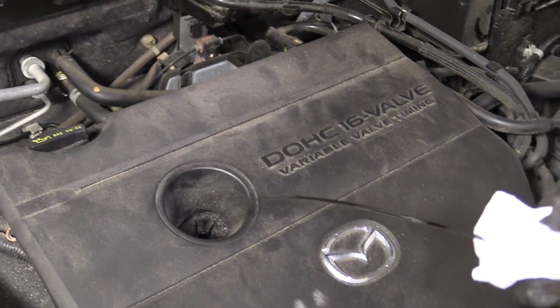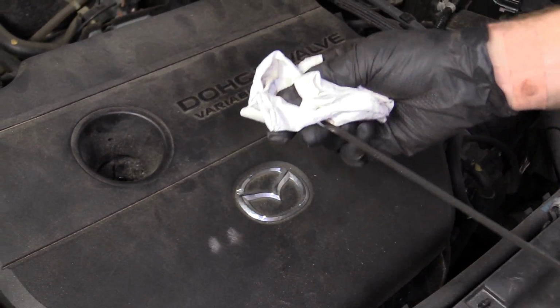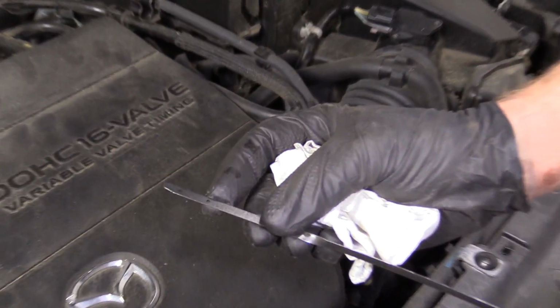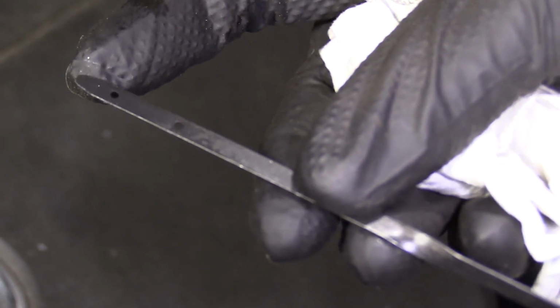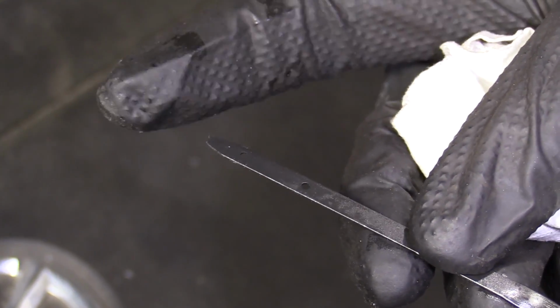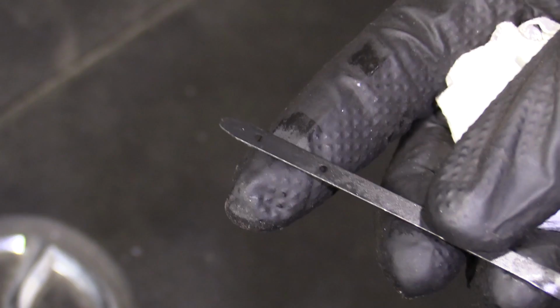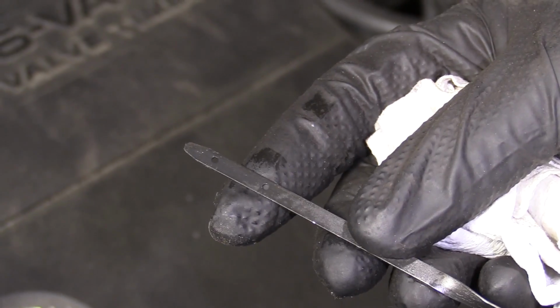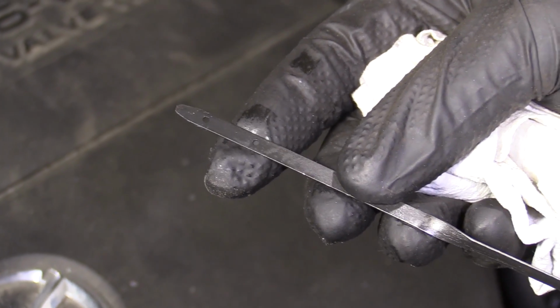Assuming you are, you're going to take this out. We're just going to wipe it down. I'll show you what we're looking for here. We've got a dot up here and one down there, okay? The lower dot, or the one farthest towards the tip, is the minimum line, and the one further up is the maximum line. The distance between the first line and the second line, or empty to full, would be approximately